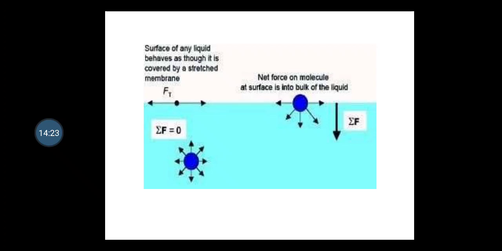In another case, when the net force on the molecule at the surface is into the bulk of the liquid, then due to the less density it is going to remain floating over the surface. At that time the adhesive force is really less, so you can't predict what the summation F is. But yes, you can predict when the adhesive force, an inherent property of your molecule, pulls your particle downward. Then it is very easy to give our statement related to the flow of fluid.